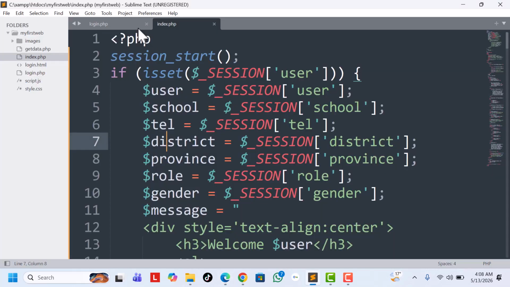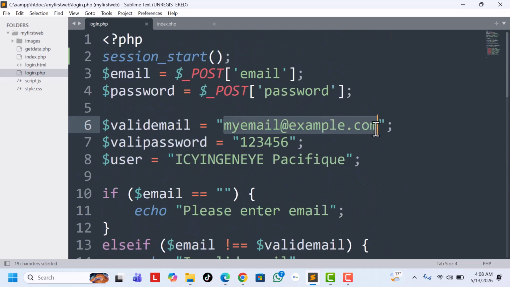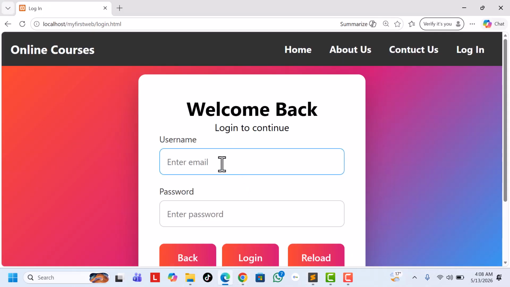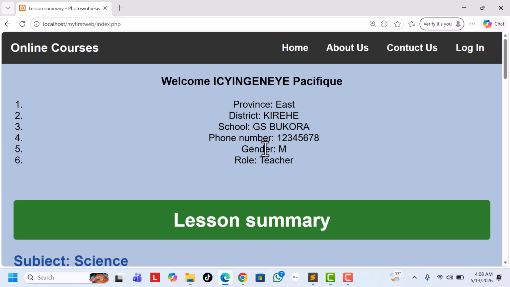Let's take the valid username, this one. The valid password is 123456. Then paste it here. Then click login. So as we can see, automatically we have welcome Ichingene Pacific, province this, district this, school this,